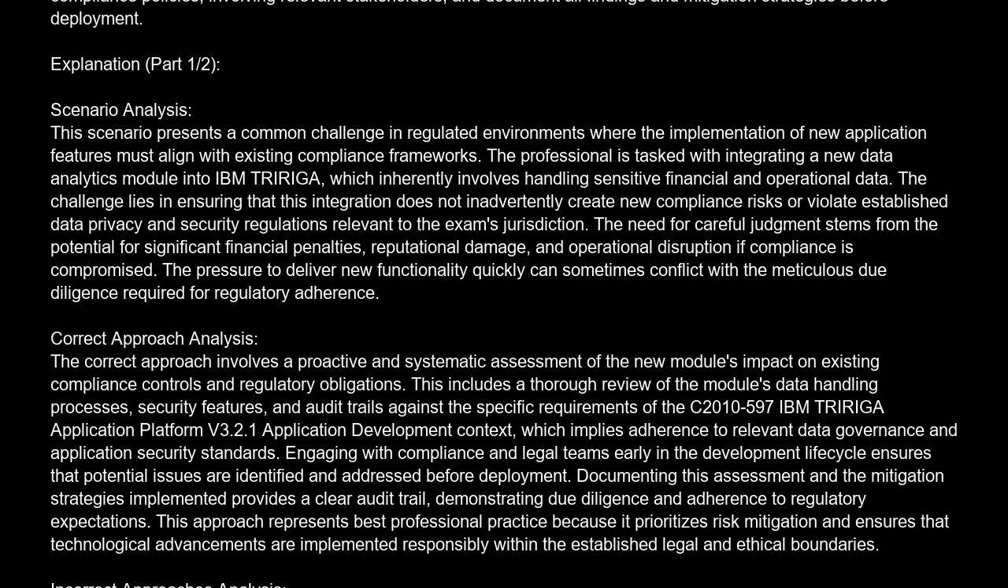The professional is tasked with integrating a new data analytics module into IBM TRIRIGA, which inherently involves handling sensitive financial and operational data. The challenge lies in ensuring that this integration does not inadvertently create new compliance risks or violate established data privacy and security regulations relevant to the exam's jurisdiction. The need for careful judgment stems from the potential for significant financial penalties, reputational damage, and operational disruption if compliance is compromised. The pressure to deliver new functionality quickly can sometimes conflict with the meticulous due diligence required for regulatory